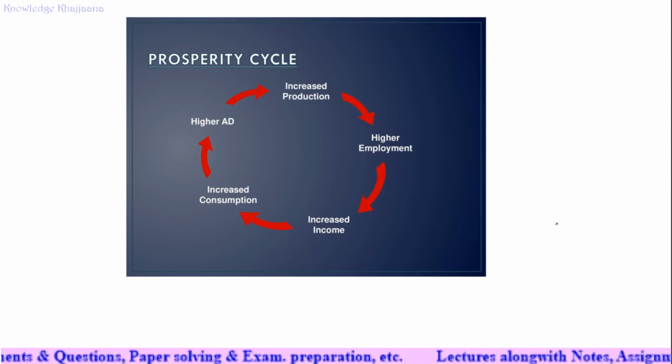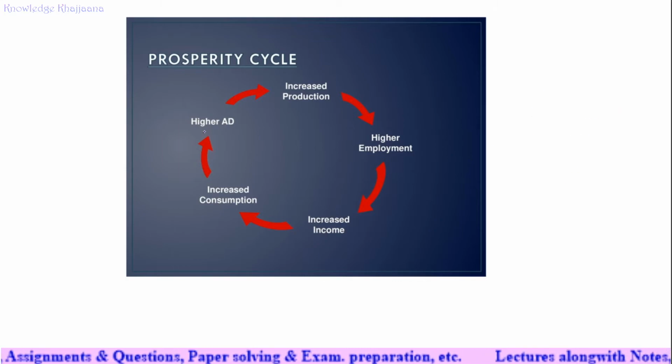For that, I give the example of consumption of medical utilities these days. Because demand for medical utilities has increased, the production of medical utilities is done, and higher employment is used: new people are employed for preparing them, so income will get generated. Those people will get the income, they will consume more things, and the demand will increase. So this is the business cycle.